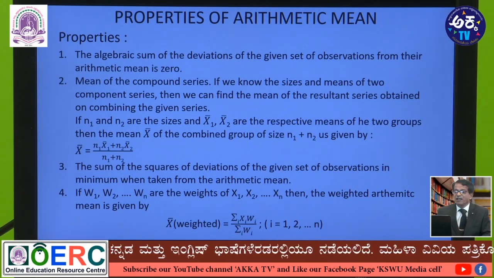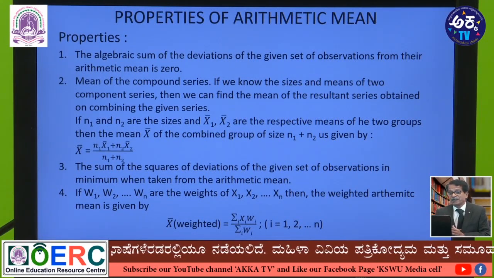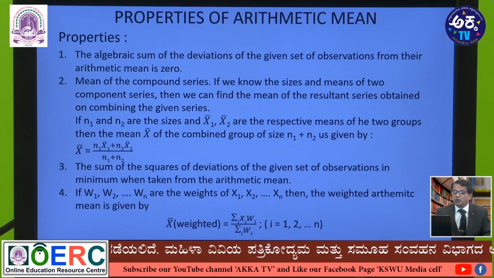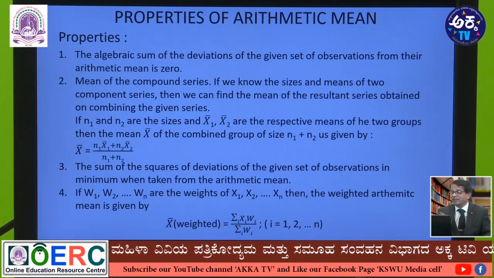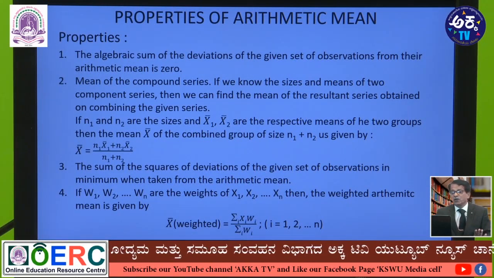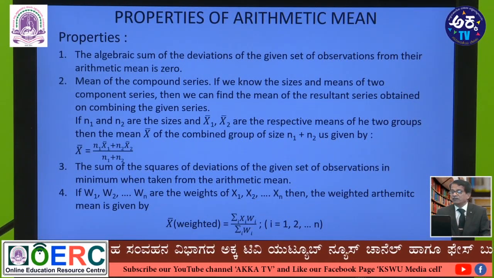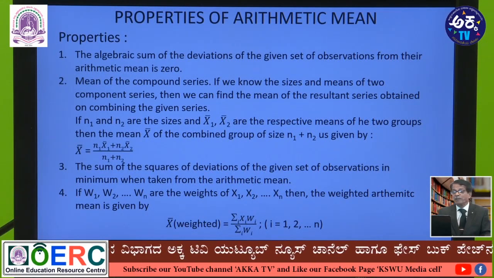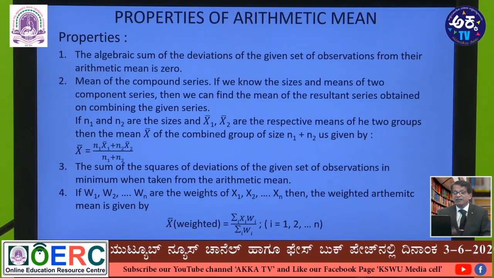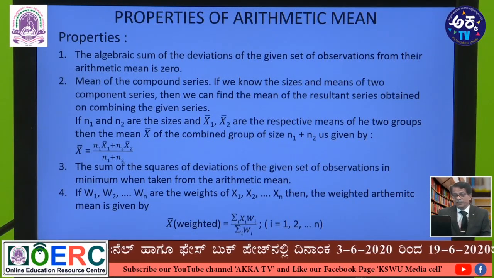Then the second property is the mean of the compound series. What I mean is, if there are two different sets of series, how can you get the mean? The procedure is as follows. If we know the size and means of two component series, then we can find the mean of the resultant series obtained on combining the given series. That is, if n1 and n2 are the numbers of observations of two different sets of series, and x1 bar and x2 bar are the respective means of the two groups, then the combined mean x bar of size n1 plus n2 is given by this formula: x bar is equal to n1 into x1 bar plus n2 into x2 bar,